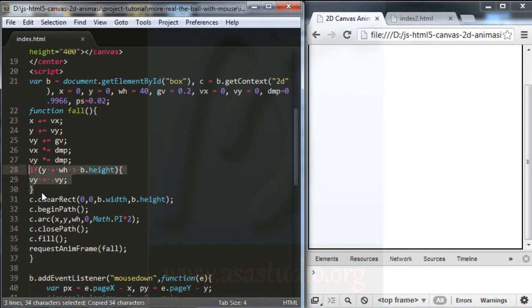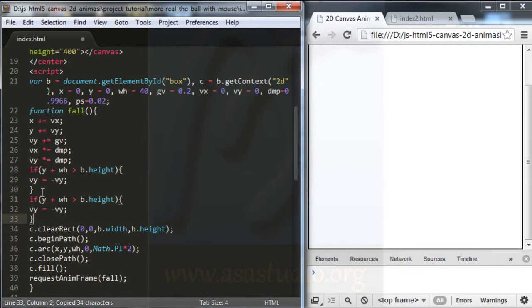Okay, I just copy my script like this. I copy and I change some parameters, maybe in plus I change to minus, and okay, some parameters, and in b dot height I change to b dot width,